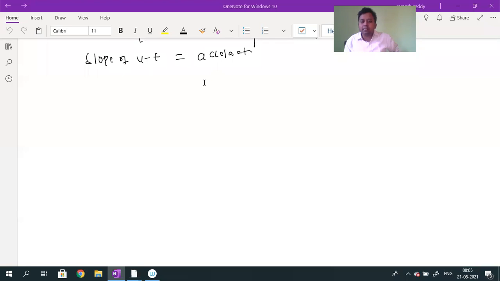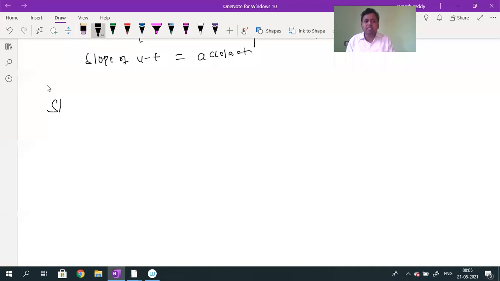What is the slope of the displacement time graph? What is the slope of the velocity time graph? Yesterday many asked what is related with the slope. You should come to know the definition of slope and how to calculate slope. Slope, what is it, that is enough. How to calculate all those in detail you will learn in your mathematics. This is also one of the mathematical tools.